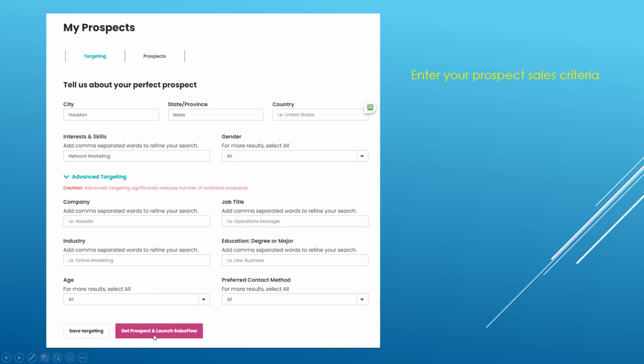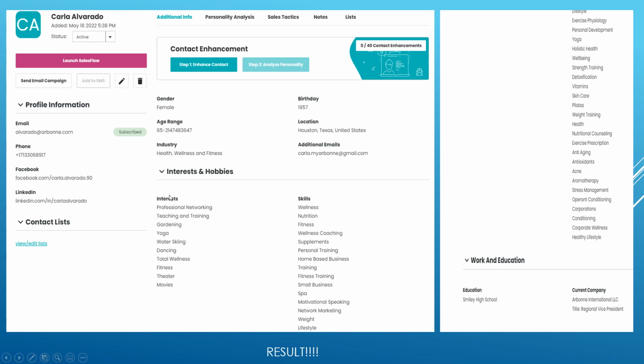So what I do is I press this button, get prospect and launch sales flow, and then what happens is my lead shows up. Carla Alvarado. So let's look at Carla a little bit here. First of all, I have her business address. Now I know this is her business address because down here I can see that she works for